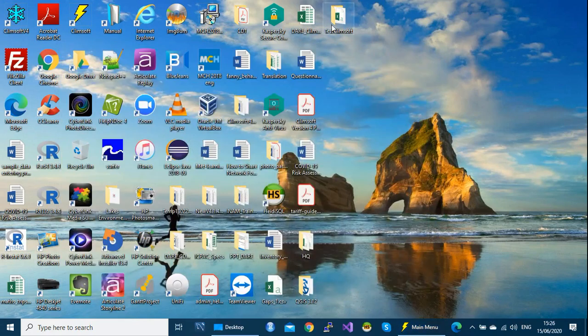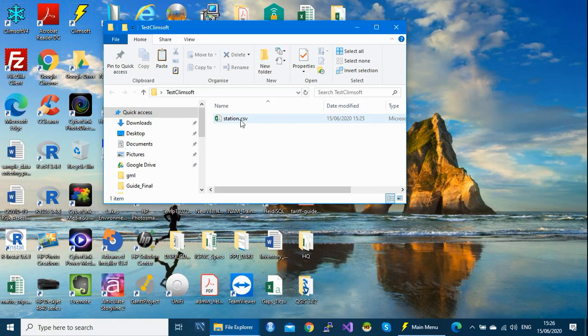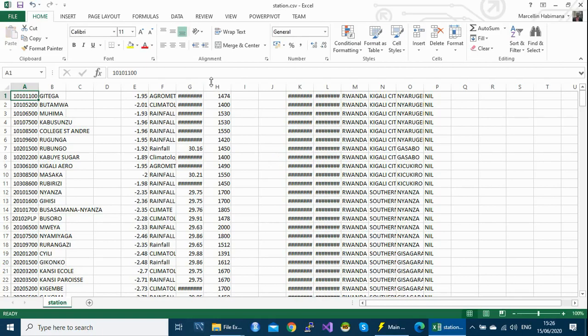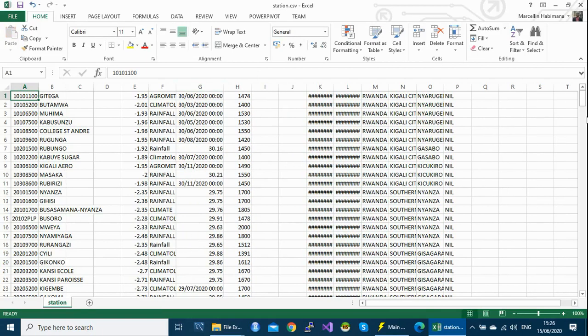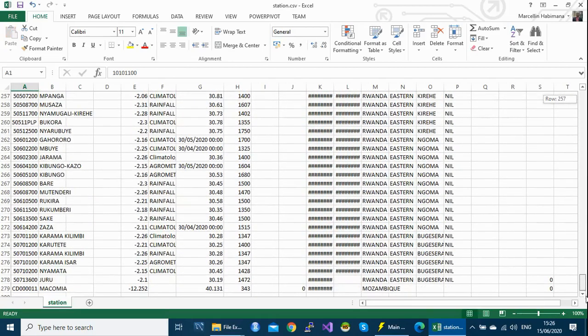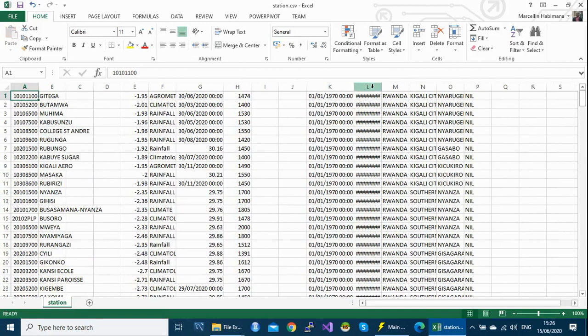You can come here to check, double click your CSV file, and here you can see is the file containing data. So you may want to share this file with your colleagues, or you may want to draw maps and so on. And then you have the full information of your file. So this is how to export a file